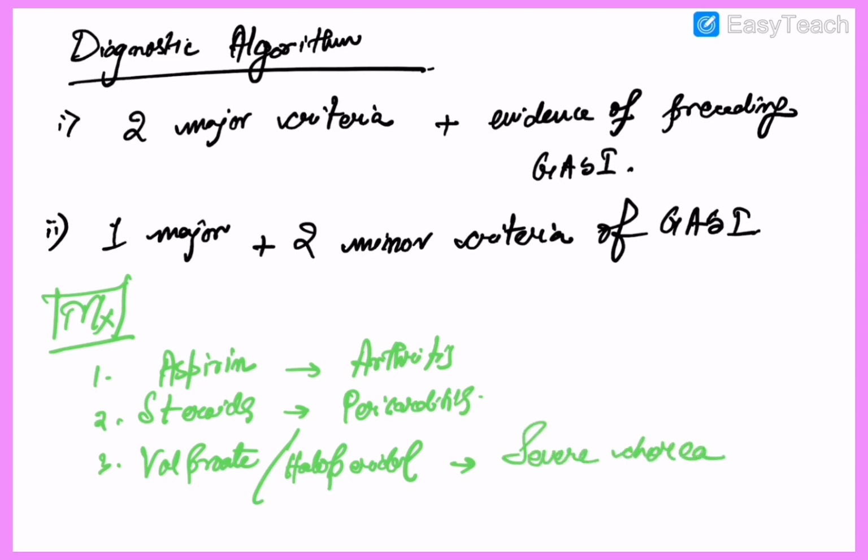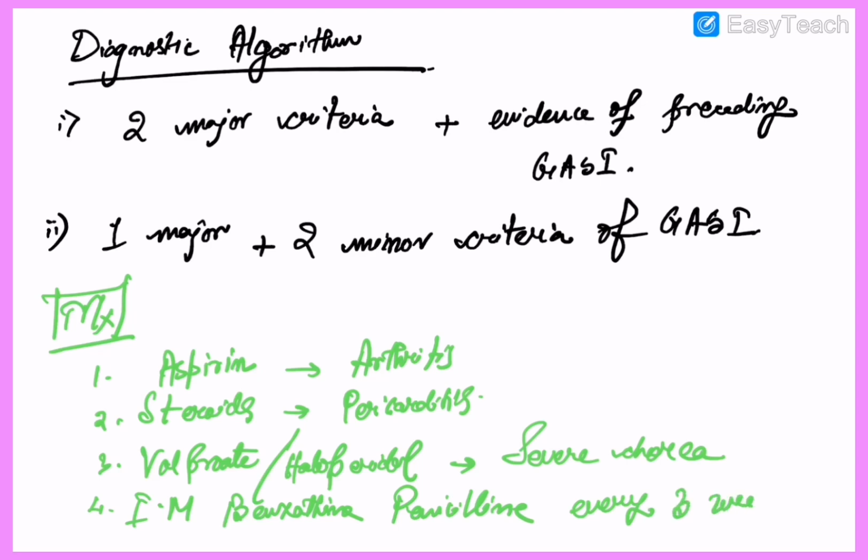Remember, chorea appears last. Number 4, benzathine penicillin injection IM, benzathine penicillin every 3 weeks